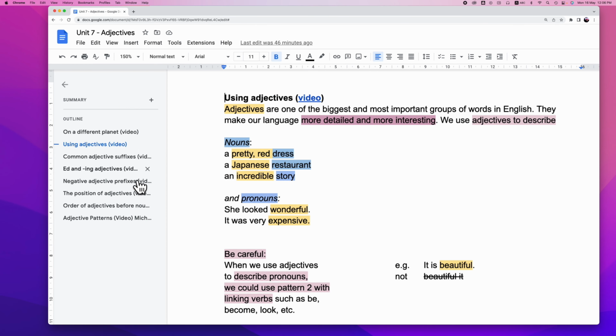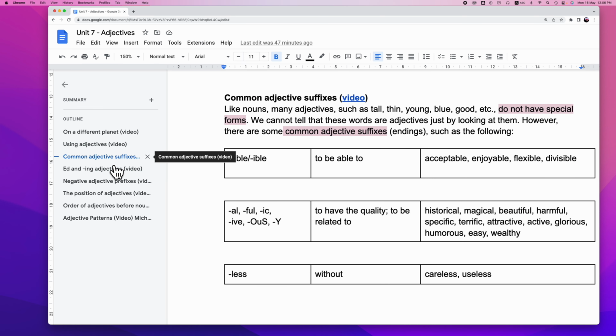And then what's next? Common adjective suffixes. Suffixes are letters at the end of an adjective. So we can imagine that in this poem, we have an adjective at the end. This reminds us that adjective suffixes are in the topic. So we use color, we use pictures, and now we have the poem, and we have what an adjective is. Then what's next? Let's take a look.